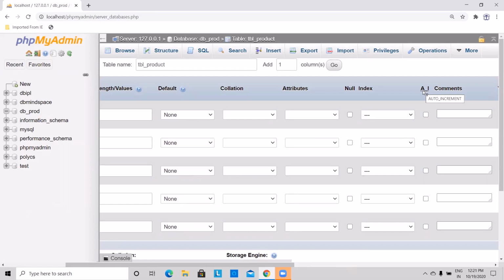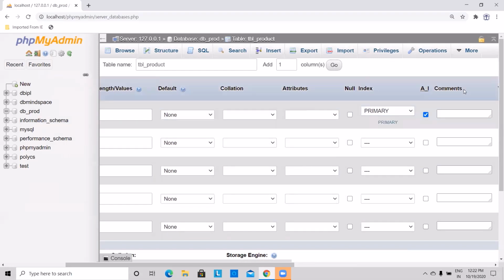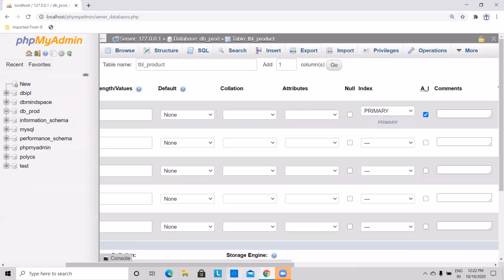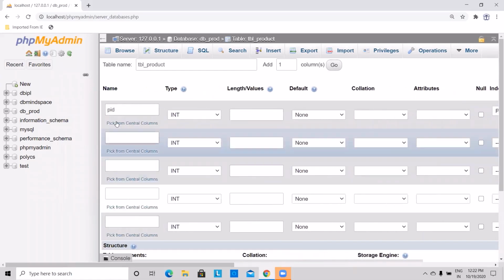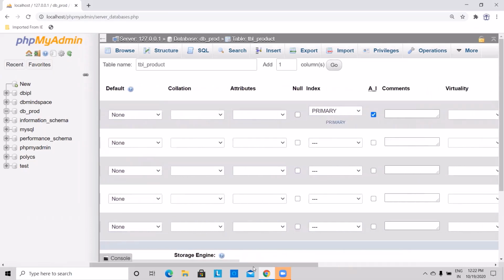That is called auto increment. So I will apply auto increment to product ID. Whenever I take my first product, it will automatically give number 1. When I take the second product, it will automatically give 2. So in this way, this product ID will be auto incremented from 1, 2, 3, 4 onwards.